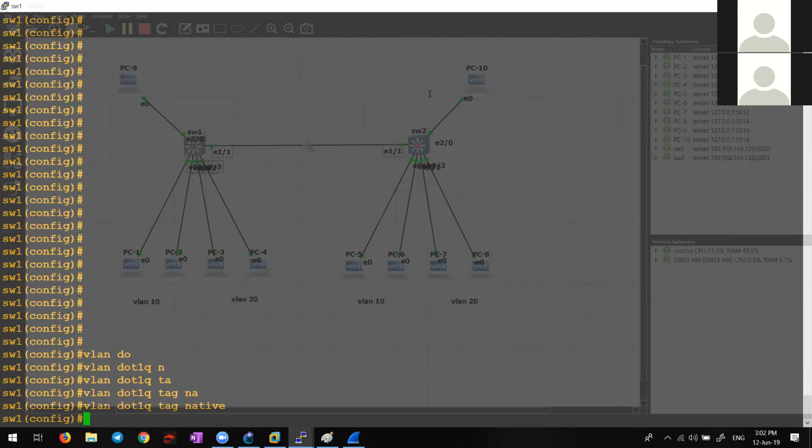No. How is that possible? Any device connected to the switch will be part of VLAN 1 only. So even if you change the default, no, see, this is a mistake, right? Whenever I speak about VLAN 1 in any class, they say native VLAN. Native VLAN is a feature given to VLAN 1.